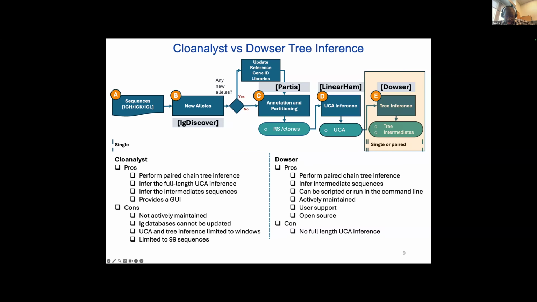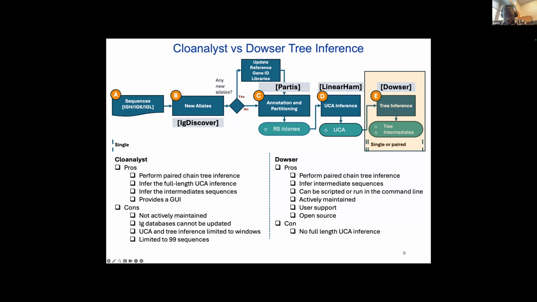So while both Dowser and Clonalyst are able to perform paired chain tree inference and generate for us the intermediates that we need, they are slightly different in the sense that Clonalyst, although being able to also infer a full-length UCA and provide a GUI, which means you can use it without any programming experience, is not actively maintained anymore. The gene databases are not updated. The UCA and tree inference are limited to the Windows GUI. You can only analyze 99 sequences at a time,